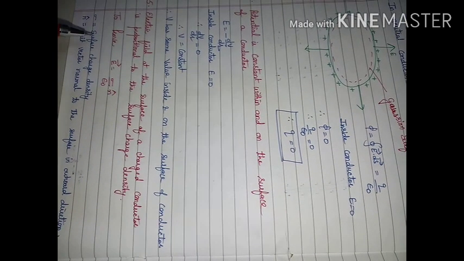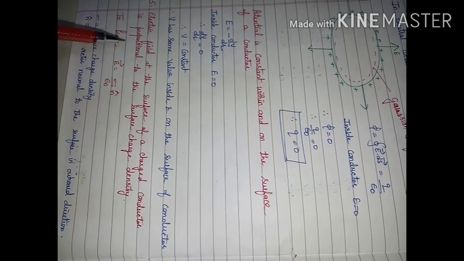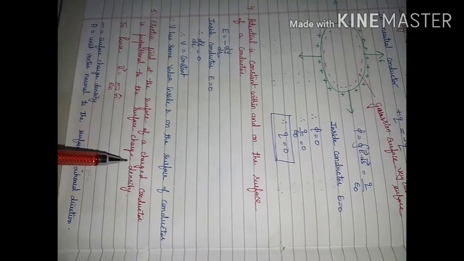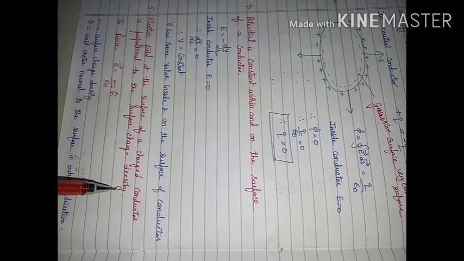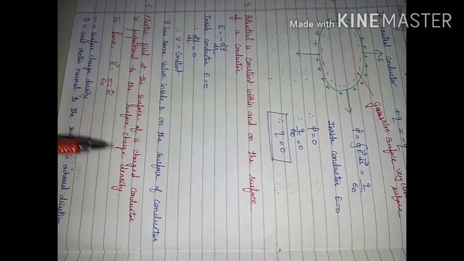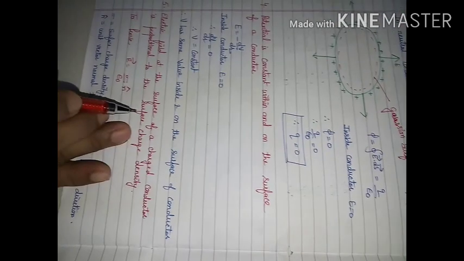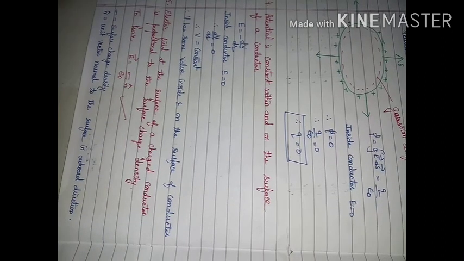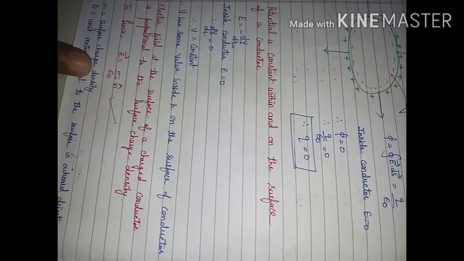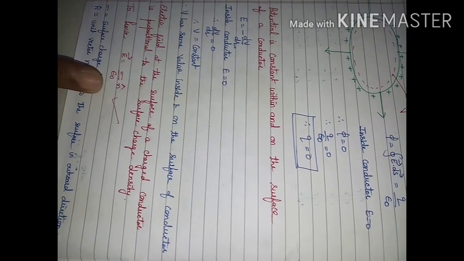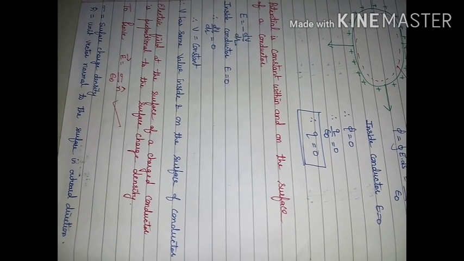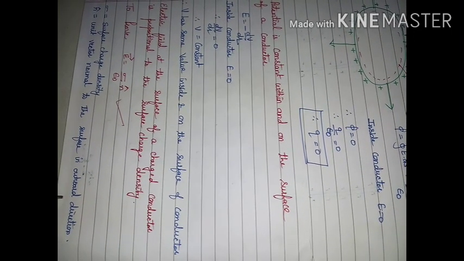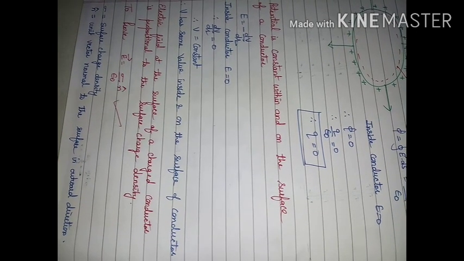Next point, the last point that we will consider: the electric field at the surface of a charged conductor is proportional to surface charge density. It means we have to prove this equation: E is equal to sigma upon epsilon naught n cap, where n cap represents the unit vector normal to the surface and pointing in the outward direction. To prove this, we will consider